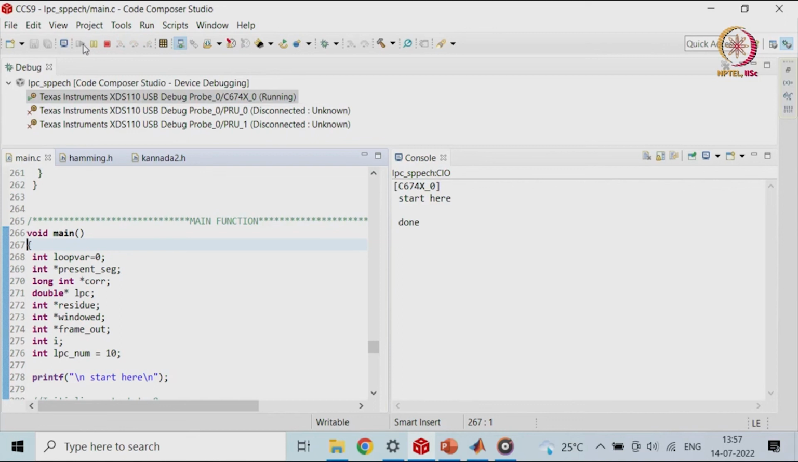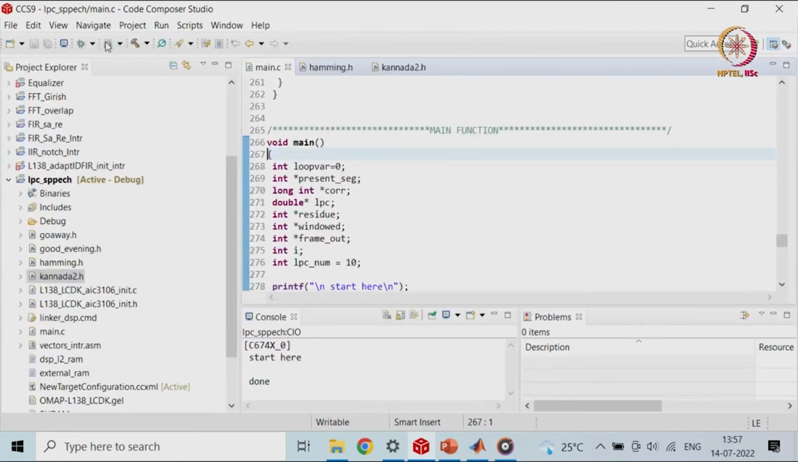Namaskara. Namaskara. Namaskara. Namaskara. So, as you can hear that I am going to close my debugger as I did in the other